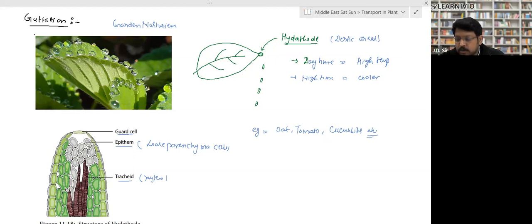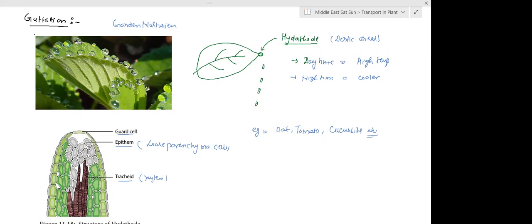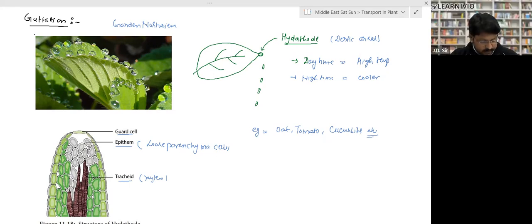Fine. So we did transpiration, we did hydathodes, we did guttation. Is it clear to all of you? Yes? Fine. So the next is